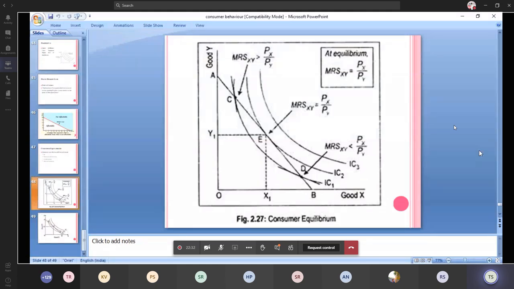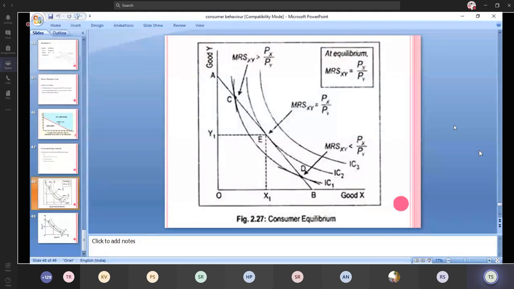So he can afford any combination which is below his budget line. He can buy any combination of commodities below the line AB, and indifference curve 3 is above the AB line, so he can't touch it; he has to buy within this AB line. Out of this, he has the maximum satisfaction at point E, on the higher indifference curve IC2, than at points D and C on IC1. Is it clear, guys?